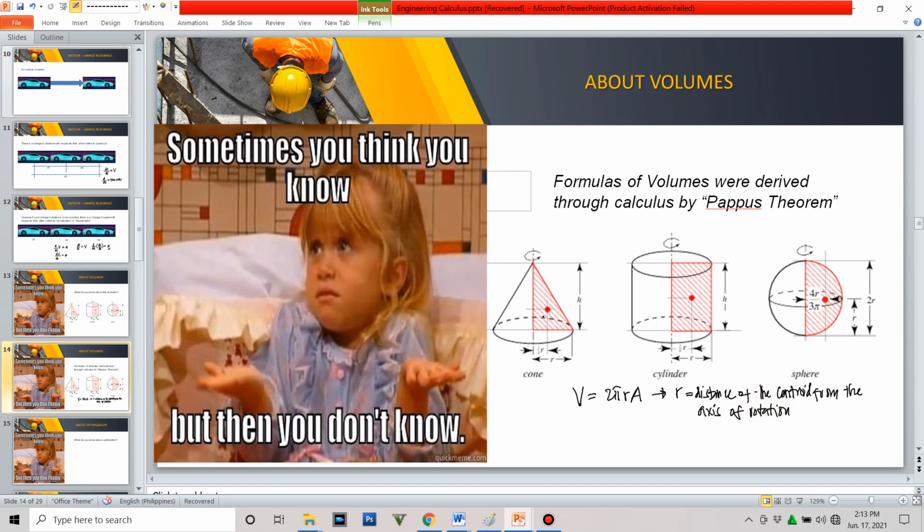Okay, so if we have here the triangle, we know that the centroid of this triangle from the height is actually 1/3 of the base, say the base here is B. Okay, so 1/3 of B locates the centroid of this triangle up to the height of the triangle. So therefore that equates the distance of the centroid from the axis of rotation, so if we're going to substitute that one, 2 pi, this is 1/3 of the base